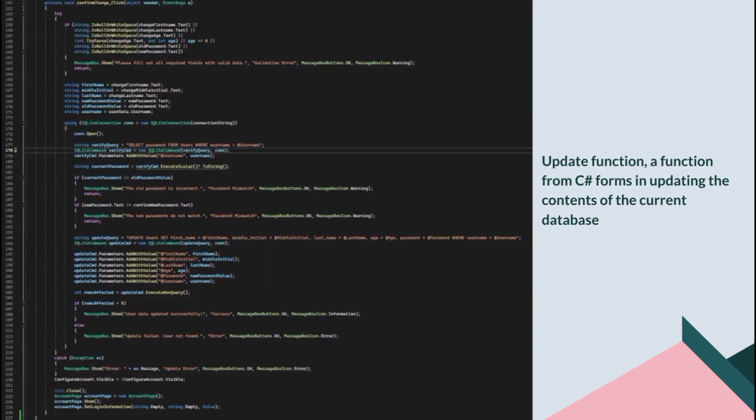And the last part of the program structure that I am going to discuss is the update feature. So what happens in this massive block of code is that it submits the user's configuration of their account to the database, like changing their passwords, display names, and age. And how it works is it starts by checking that there are no empty fields on the update form. It also checks for any wrong inputs, like numbers only in the age field and others. And that's all for the program structure of our application.